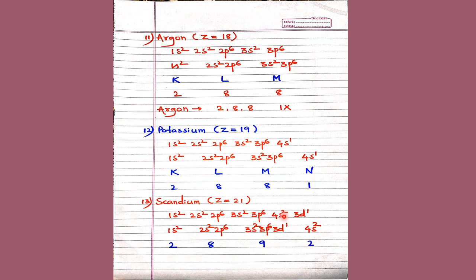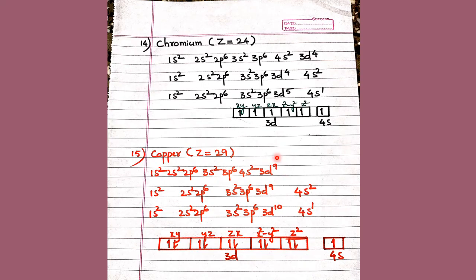But here I have arranged according to K element: K, L, M and N. Accordingly 2, 8, 9, 2. Chromium, atomic number 24. This is according to the above: 1s2, 2s2, 2p6, 3s2, 3p6, 4s2, 3d4. Okay, now the problem: I have written here in the K element, so K, L, M, N. Please see the arrangement in the 3d. In the 3d there are 4 electrons.